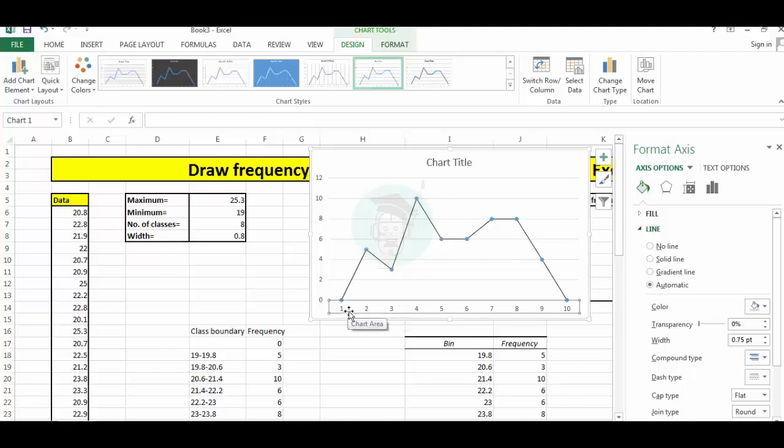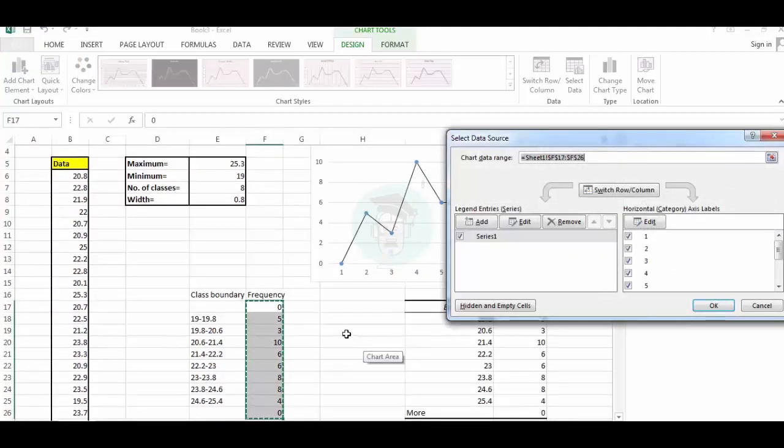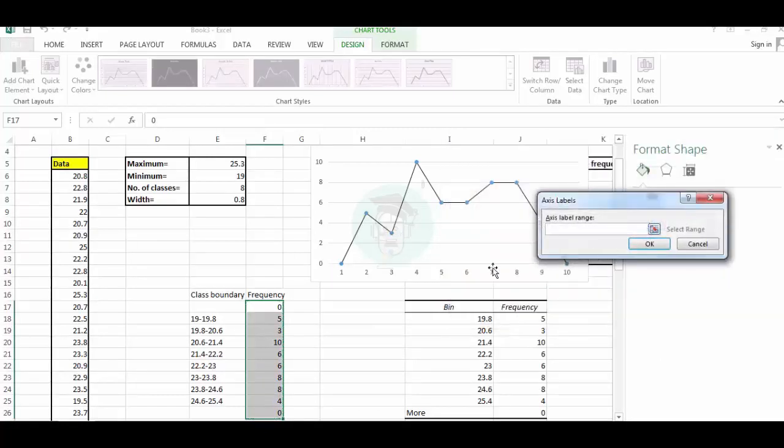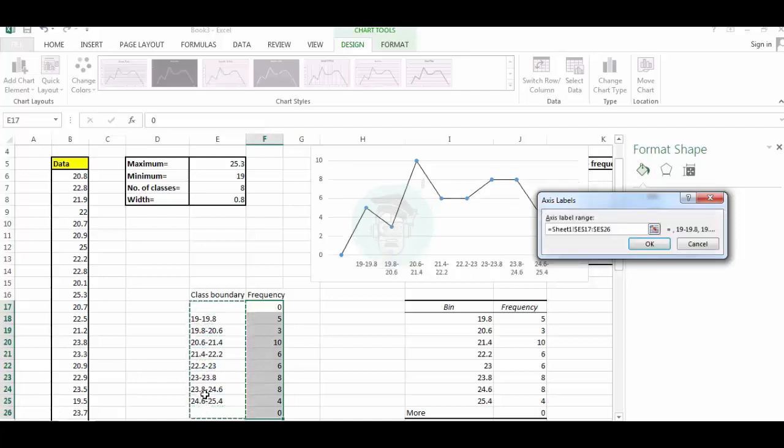For this, we right click on that label and go to select data, then go to the edit option, and then select this range,